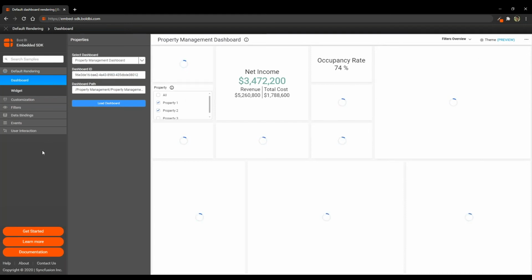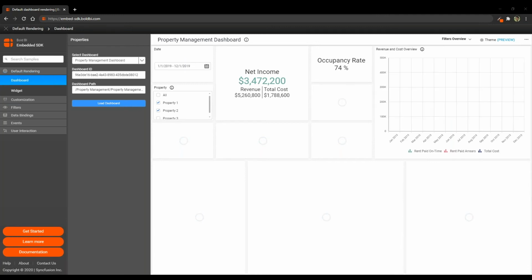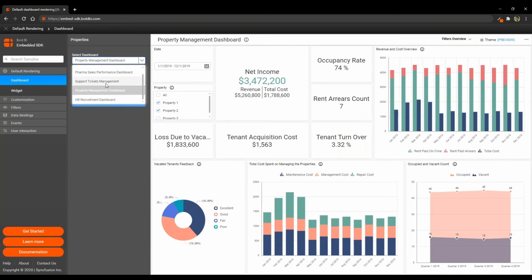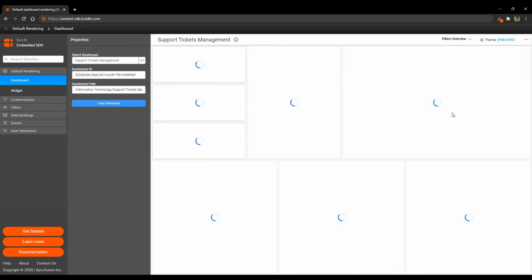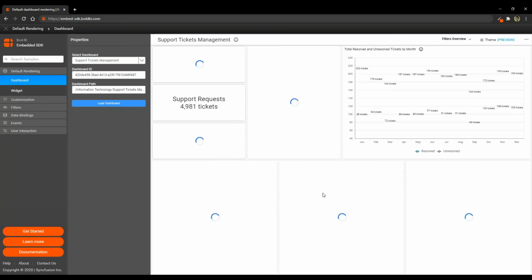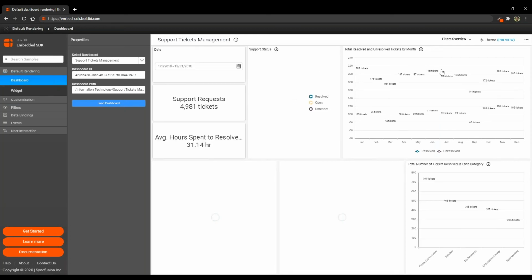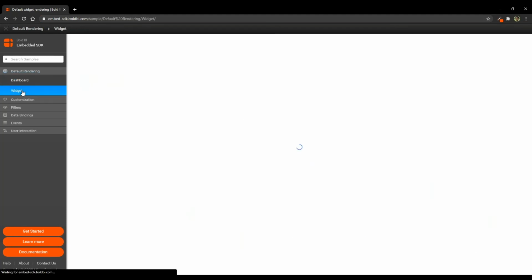All these functionalities which I'm going to explain are completely created using the embedded SDK only, right? So in the same instance itself, I am able to switch the dashboard, and the canvas present here loads the selected dashboard. So this is displaying the whole dashboard.